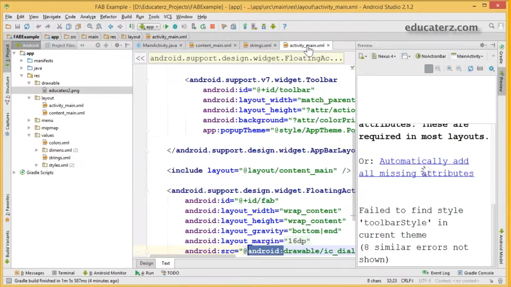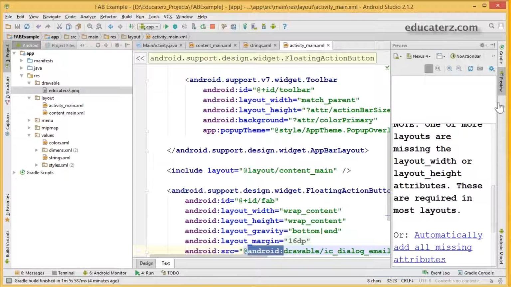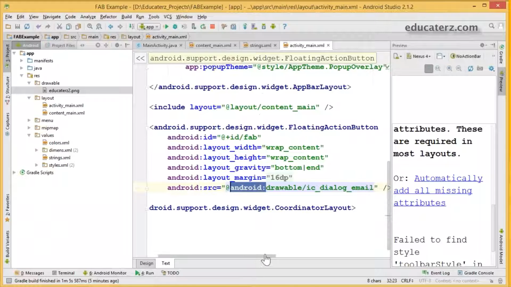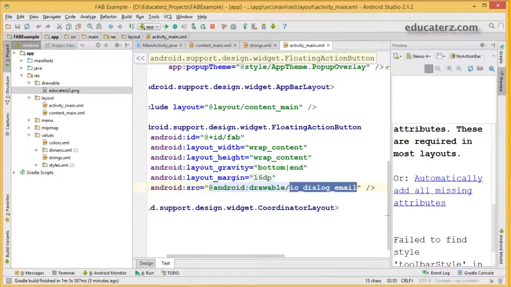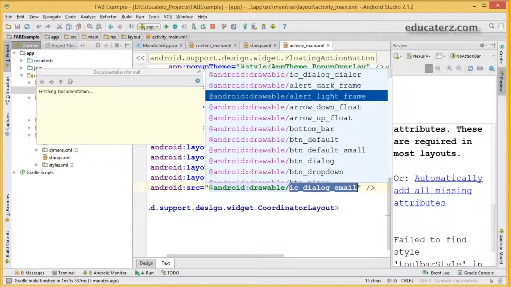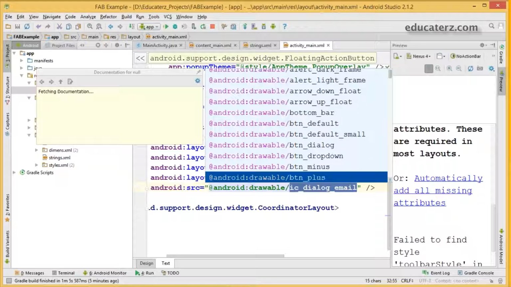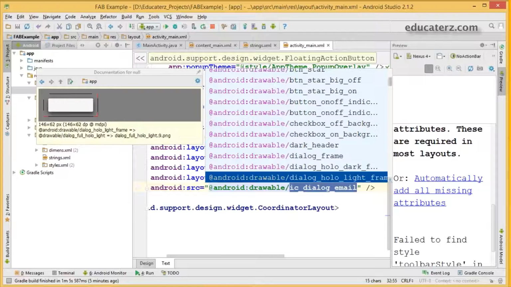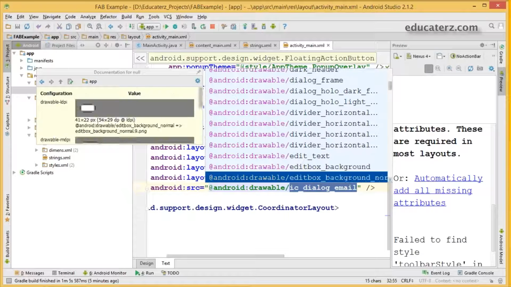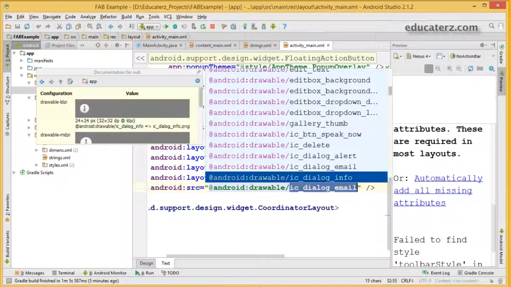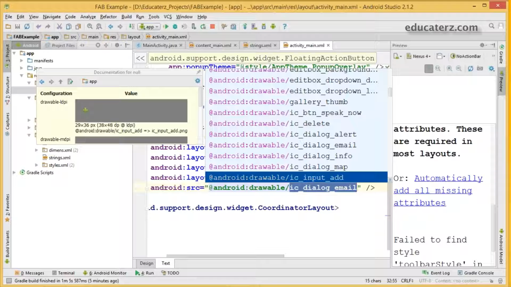Now come to your activity underscore main.xml, where we'll have our floating action button, and this has the predefined icon for the dialog email. I'm going to change it to something else for the dialer. These are all the predefined icons for us: edit text, gallery thumb, delete, dialog email, dialog alert, input add.